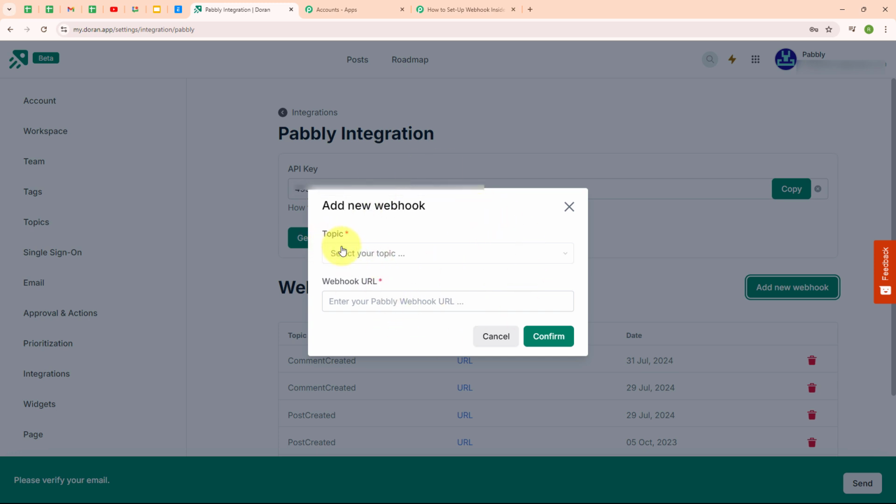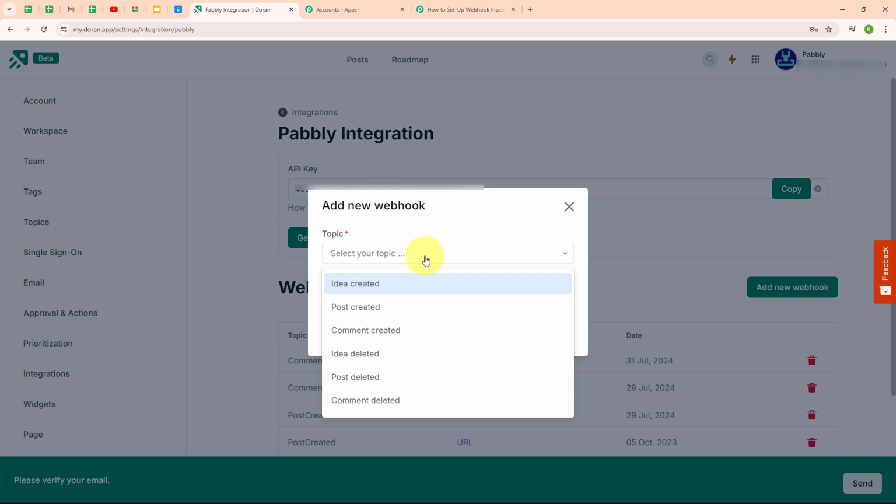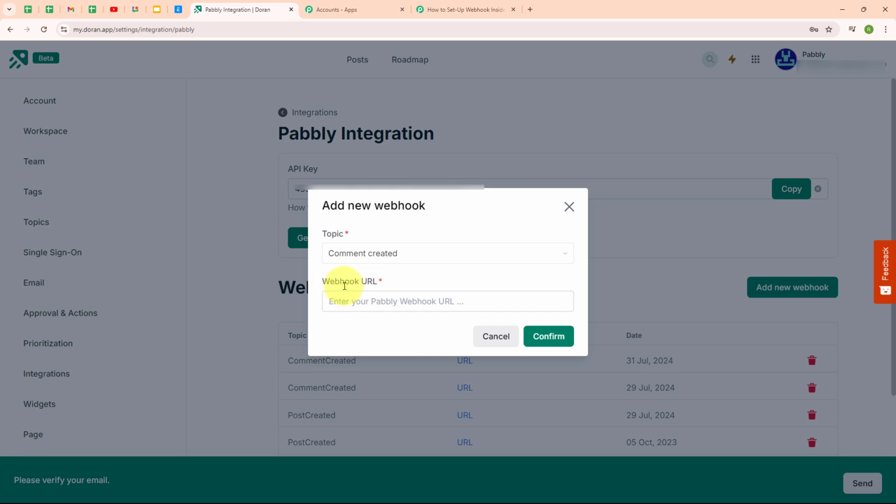So it is asking me to select the topic. Here for the topic, I'm going to select my topic as comment created, but you can select your topic as per your trigger event selected, such as idea created, post created, idea deleted, post deleted and comment deleted. So here I'm going to select my topic as comment created, and then here it is asking me to enter